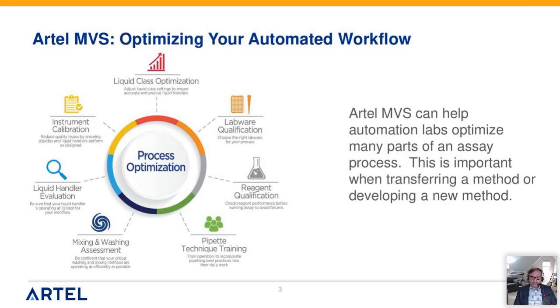And why I bring this up: it's very important when we think about automation, especially when we're considering transferring a method or even developing a new method. So this would be going from manual to an automated platform, or from an automated platform to another automated platform in